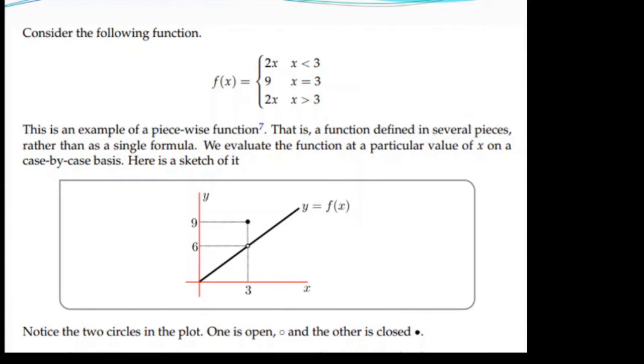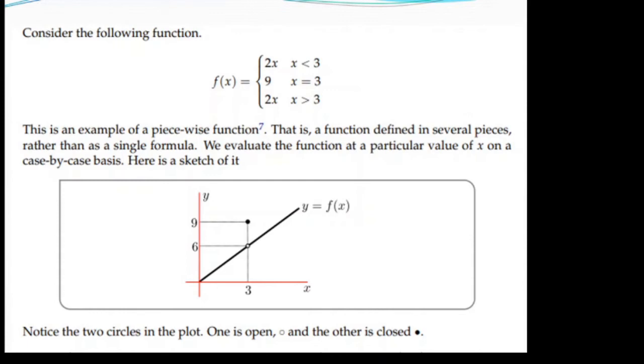When we plot this function in the graph, we can see this is the point 3. For x less than 3, the graph of the function is this one, and it approaches the value 6. At x equal to 3, the value is 9. And when x is greater than 3, suppose you are approaching from 7 or 8, the value is gradually increasing. But if we approach from this side, it is coming near to this point, nothing but 6.